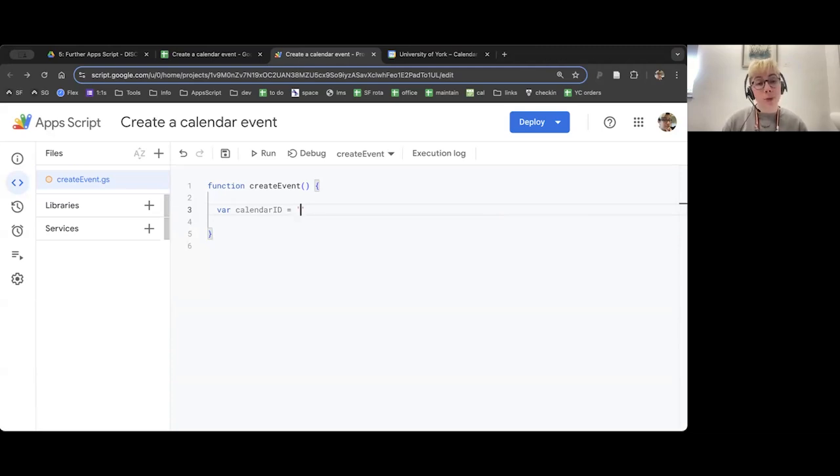Now, you might be thinking at this point, what is a Google Calendar ID? How do I find that? So I'm just going to go out of the AppScript editor and show you where to find a calendar ID. Now, for most Google Calendars you'll be using, if it's the one that's attached to your Google account, it is just your email address. So it should be nice and simple.